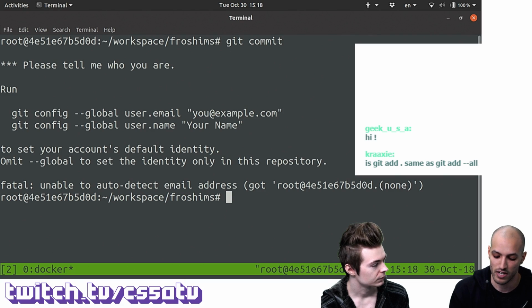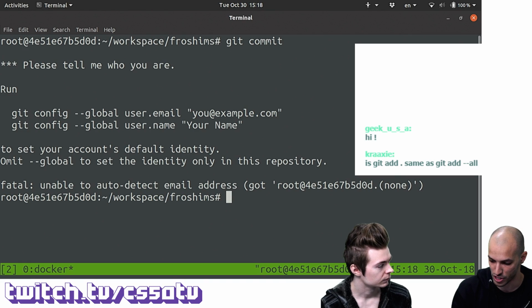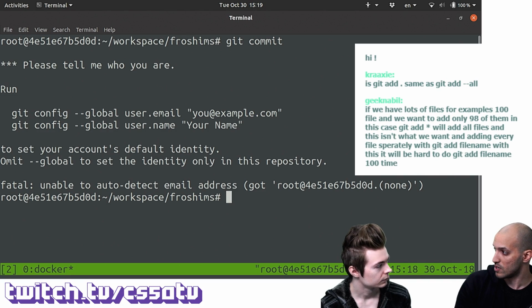Git also keeps track of information about who changed these files, which is useful in case we're working on a big project, with 10 or maybe 100 developers, and you want to check which developer changed or added this particular part.